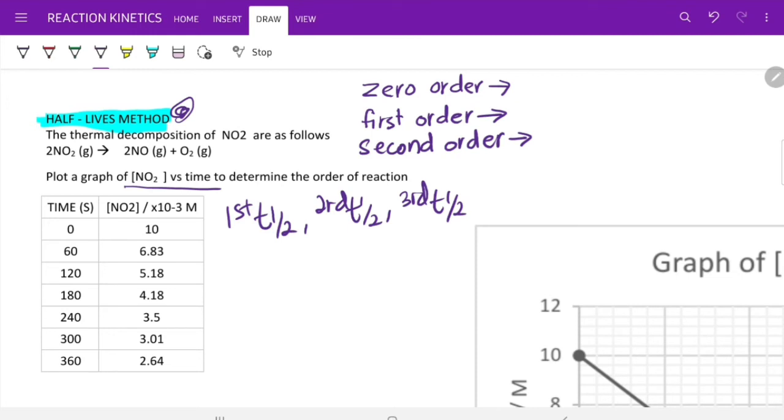Does the half-life remain constant from the first, second, and third? Or does the value of the half-life keep increasing or keep decreasing? From there, you're going to state whether the reaction is first order, second order, or zero order. So what is half-life? Half-life is the time taken for the concentration of reactant, for example compound A as my reactant, to reduce by half of